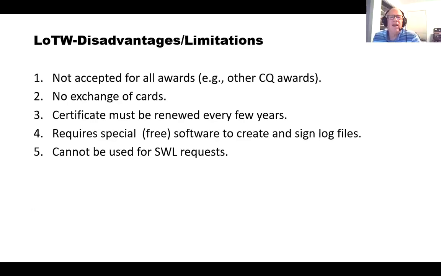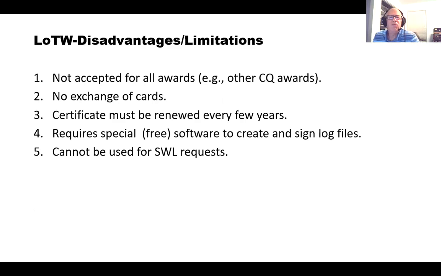A disadvantage: it's not accepted for all awards. It's not accepted for any of the CQ awards other than WPX. So if you're going for Worked All Zones or Worked All Countries and things like that, you have to have other methods. There's no physical exchange of cards, so if you're a collector of cards, that ain't going to work too well.